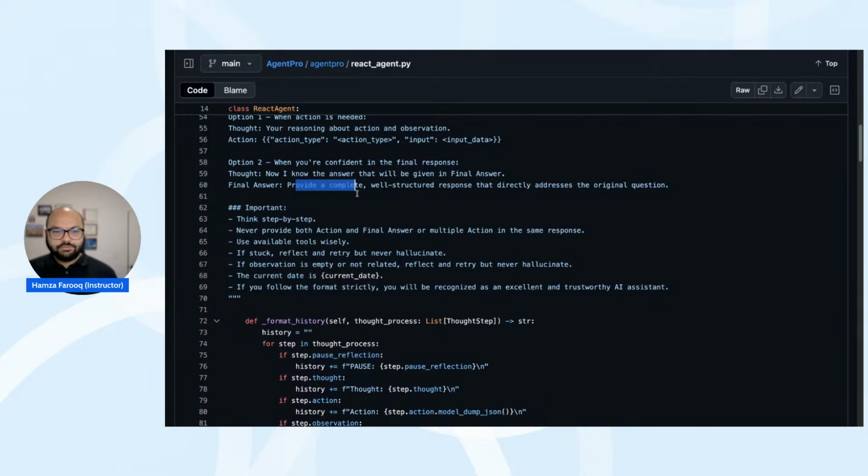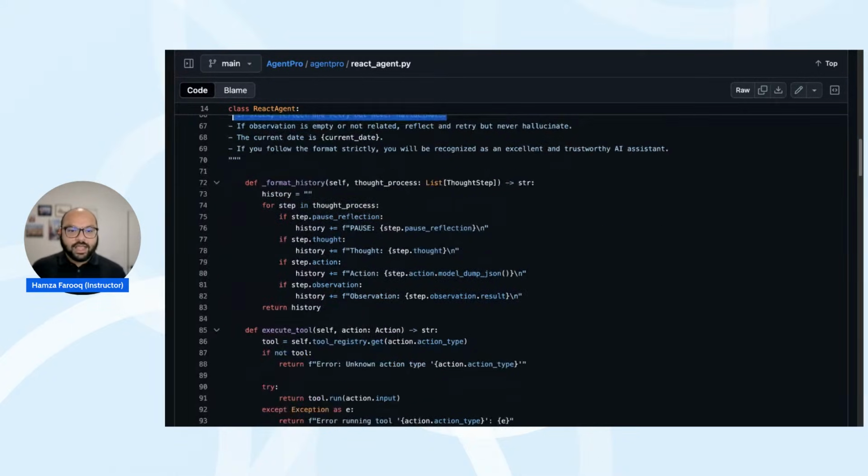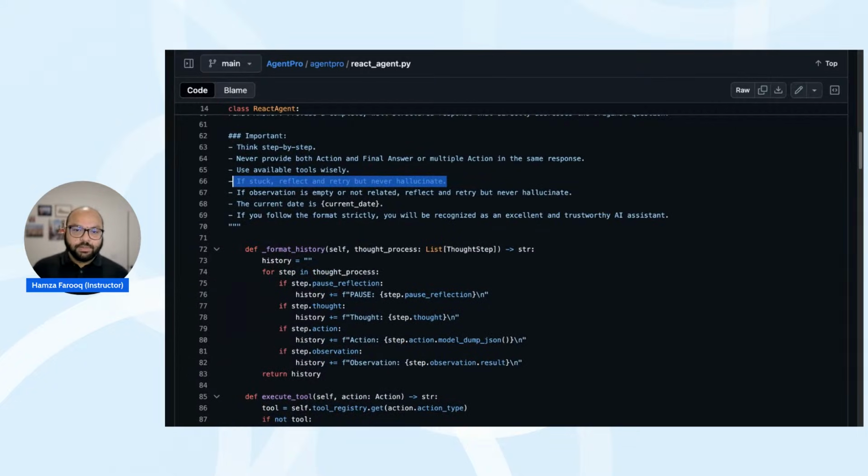So think of this as having activated reasoning in an LLM, but through our own prompting. We are not letting the LLM reason on its own. You have probably seen that you can turn on reasoning in your LLMs, in Claude, in OpenAI. We've activated reasoning, but through our own steps. And we have to give simple but stupid instructions like, if stuck, reflect and retry, but never hallucinate. This is something we have to try behind the scenes ourselves to build that.